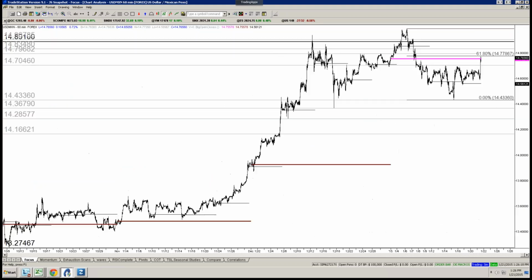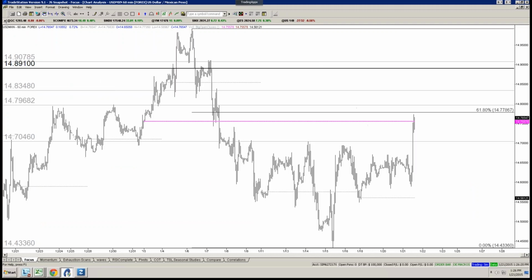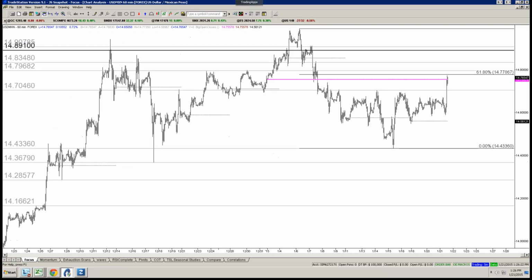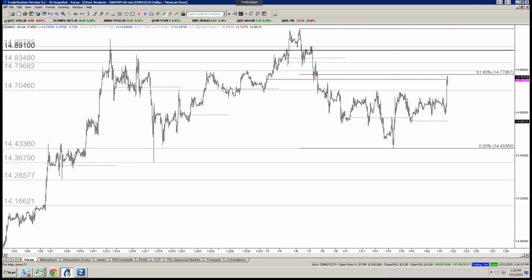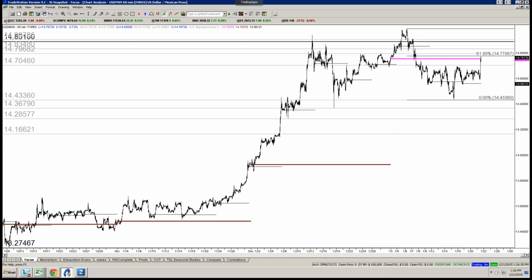Dollar Mexican peso has done what we didn't think it would do. Ripped higher. Was looking for additional movement to the downside after we had that nice touch overnight. Did not get it. But luckily we're stopped out at 1471 because it's currently trading 1477. Could see some resistance here, but just don't have the setup at the moment.